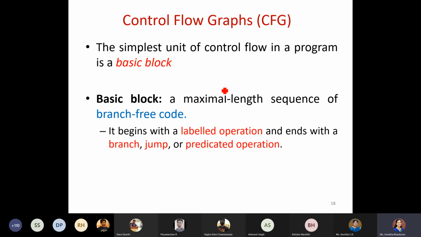You can just map it with any graph. It will have some representation for showing a particular node, or I can say a block. For representing a block, you can make use of a circular form, rectangular form, or rounded rectangular form.